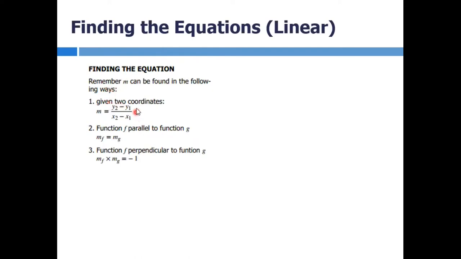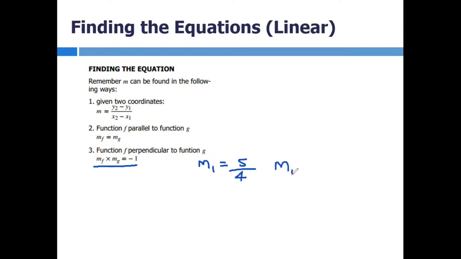So if you've got two coordinates, you can calculate it using your gradient formula. Okay, please make sure you're comfortable with that. If you know that there's two lines parallel, you can use the fact that those gradients will be equal to each other. And then if they're perpendicular to each other, they will multiply to give me -1. So guys, this is the theory. They will multiply to give me -1. But if the gradient of the first graph is 5/4,